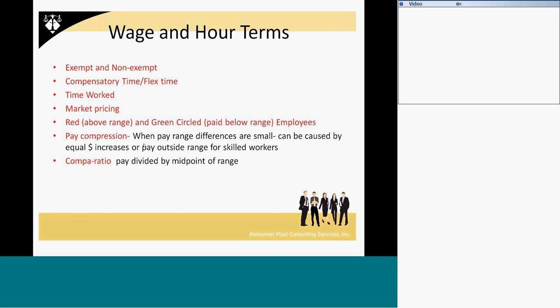Or if somebody's making $22, you say they have a comp ratio of 110 because they're making 110% of the midpoint range. These come up when you're constructing or administering particularly pay ranges that are based on grades and steps,